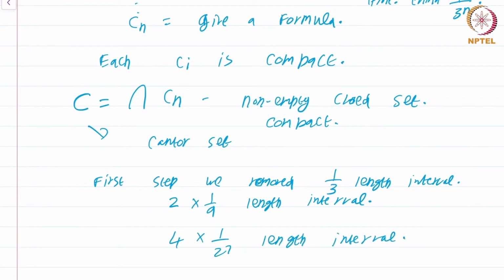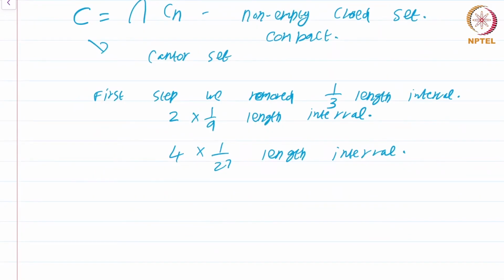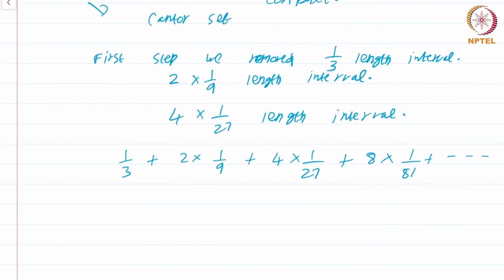Okay. So you see where this is going. Let's look at the sum of the lengths of intervals we have removed. It's 1/3 plus 2 times 1/9 plus 4 times 1/27 plus 8 times 1/81 plus dot dot dot. Now this is just a geometric series. The first term is 1/3, whereas the common ratio r is clearly 2/3. So a/(1 - r), so it's 1 minus 2/3 in the denominator, and it's equal to